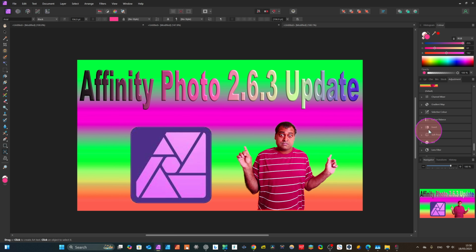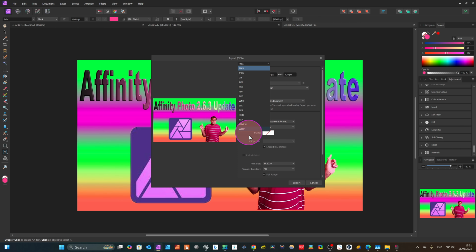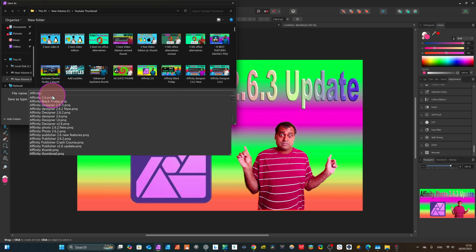So there are lots of things you can add in Affinity Photo, dear friend. There are lots of things to learn inside Affinity Photo. So you see, we have already designed our thumbnail. If you want to export, just come here, Control Alt Shift S is the shortcut. We type here PNG, you can take all types of file format. I use PNG, and JPG is normal. Here bilinear is okay, everything is default, we don't touch. And export. Now I just type Affinity Photo